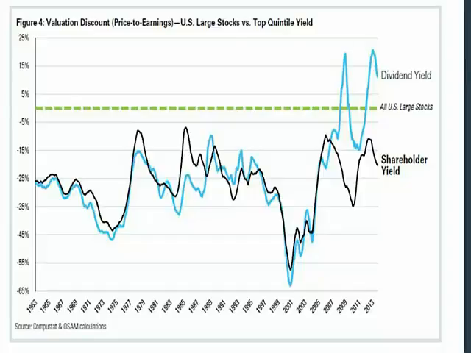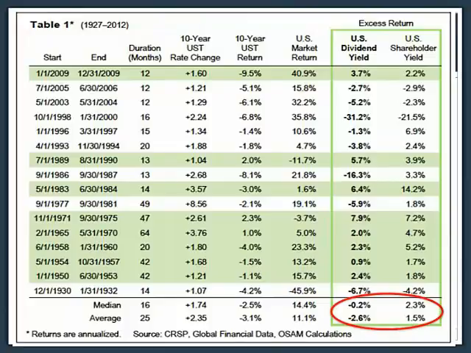This is a chart, and I hesitate to even include this, so I apologize. It's a lot of numbers, small fonts, but this is dividends and shareholder yield returns, excess returns in many rising interest rate environments going back the last almost 100 years. And what this goes to show, while interest rates may not rise anytime soon, at some point they likely will,